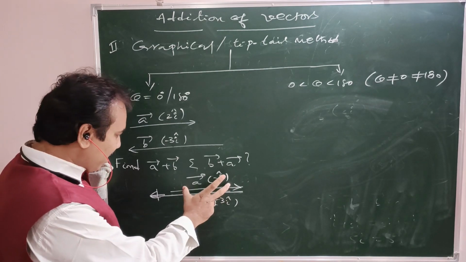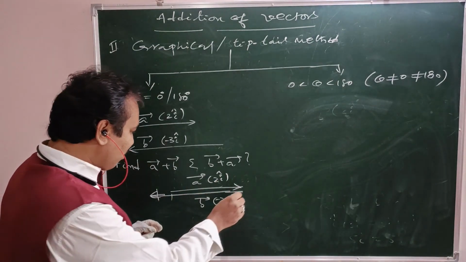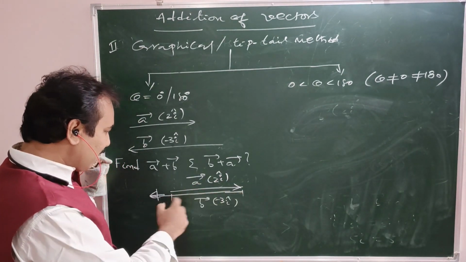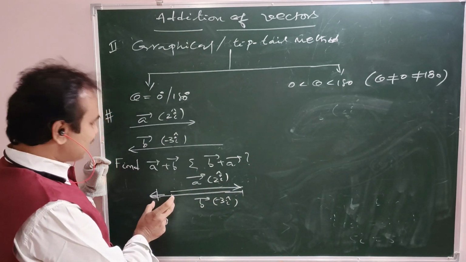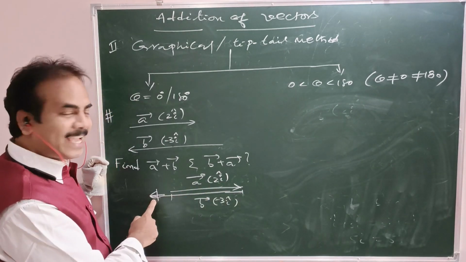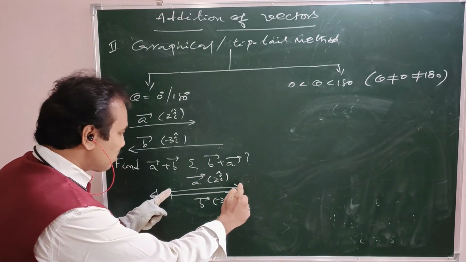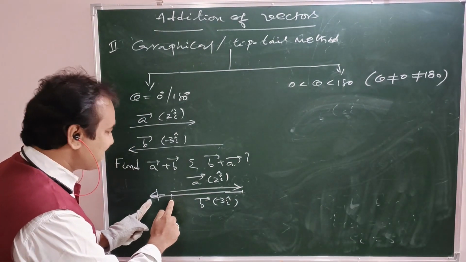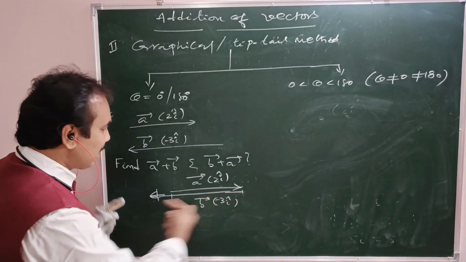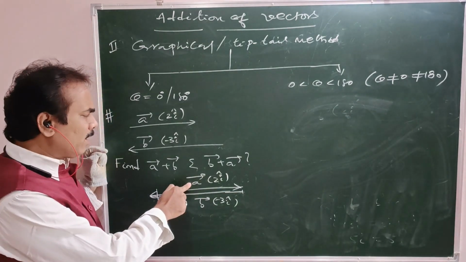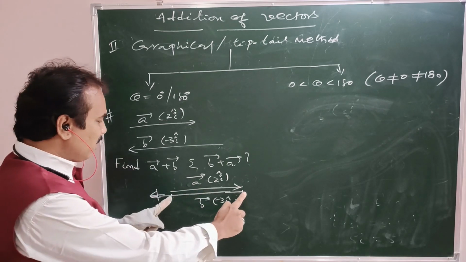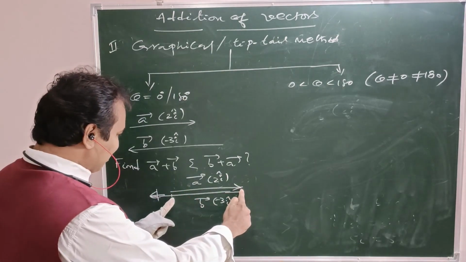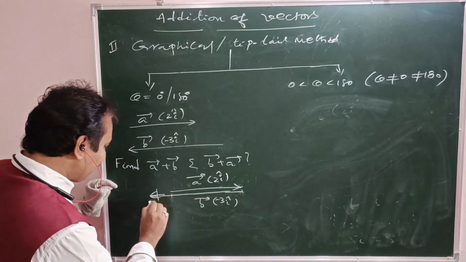Now here A bar cancels this much length of B bar. Why? Because this is 2 I cap. From here to there, minus 2 I cap. From here to there, minus I cap. Total from here to there means minus 3 I cap. As it is 2 I cap, it must be minus 2 I cap. Here what we are left with is minus I cap. So minus 2 I minus I, total minus 3 I. Means A bar cancels a fraction of B bar whose length is the same as that of A bar. So these two cancel with each other. We are left with this much length only.